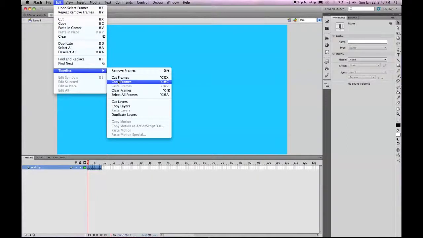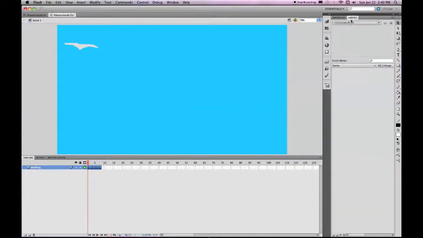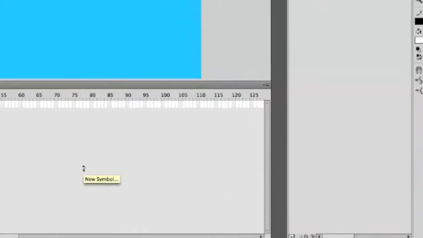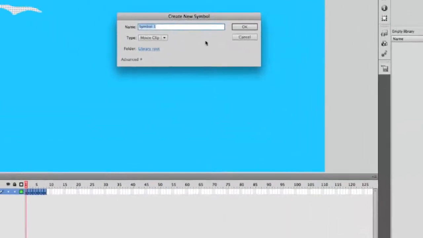Now make sure you're not going to just copy, because that will only copy the image data and it won't copy the frames. You'll end up with everything on one frame. You don't want that. Copy frames. Go to the library. At the bottom of the library there's a folded over corner new symbol icon. Click on the new symbol icon. You want this to be your flying bird,